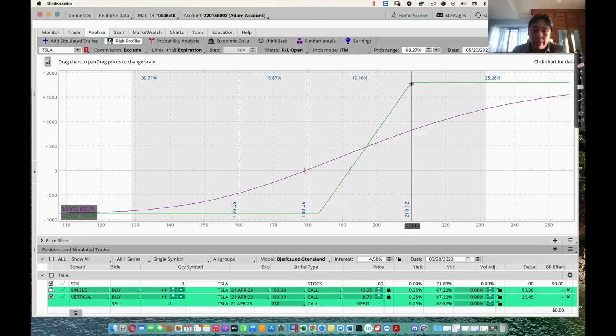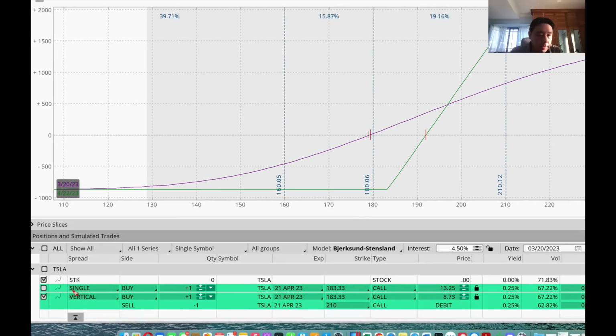That's where we are going to take profit or beyond that. So what's the advantage of using a bull call spread versus just buying a call option? Well, number one, you can see that you use less capital, right? It's a lower cost trade because if you just buy the single call, you would have to pay $13.25, and